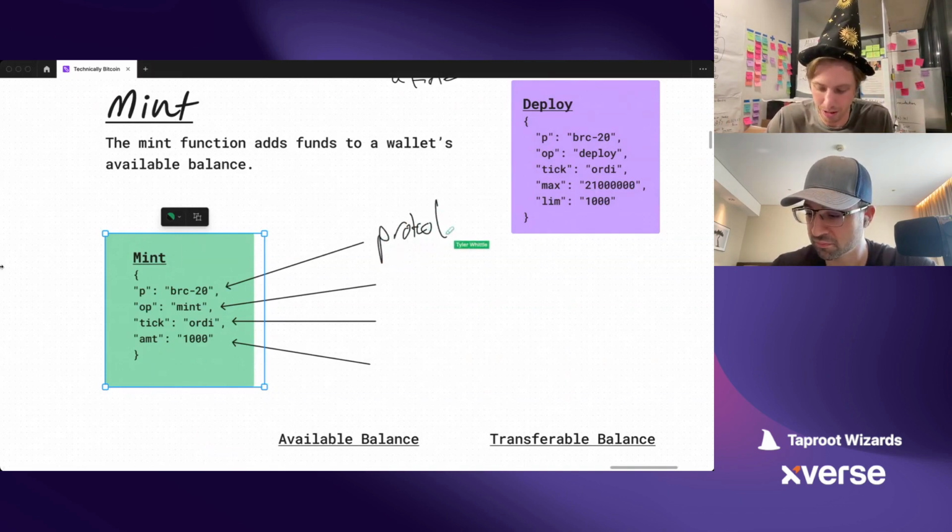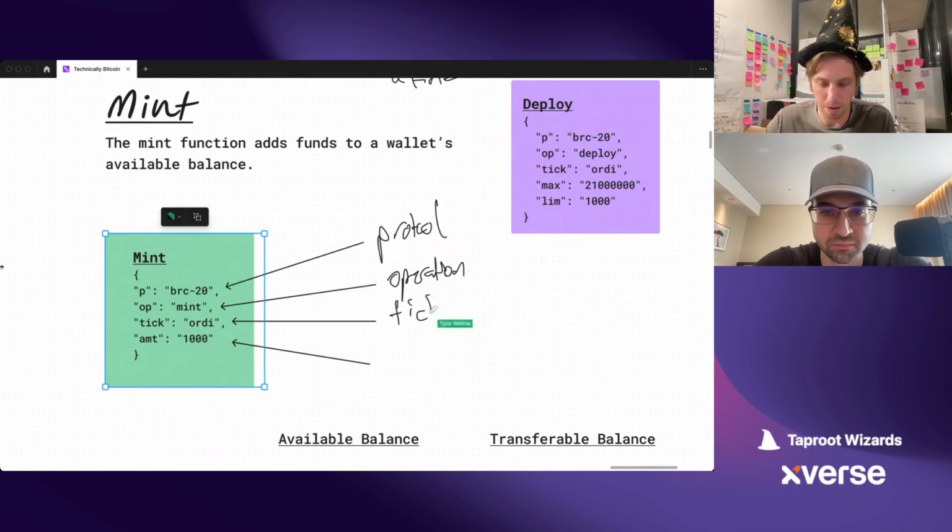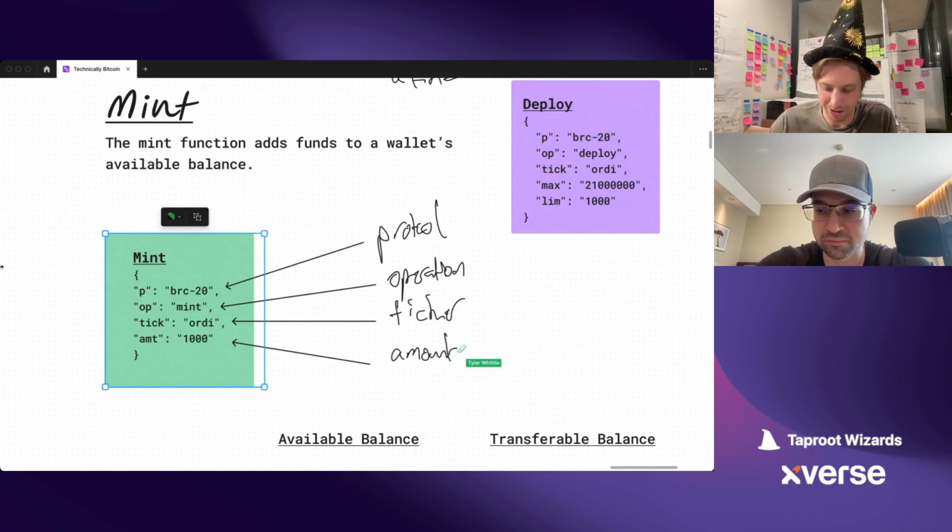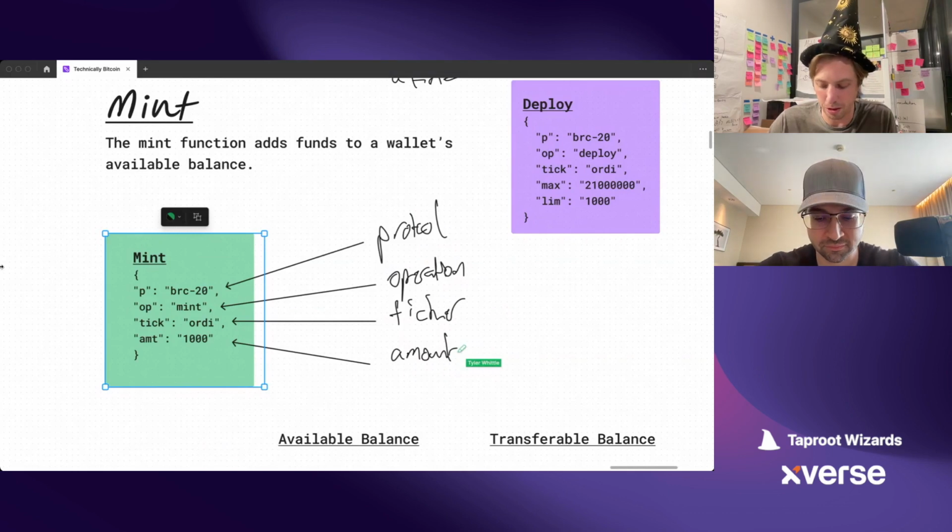We check, we see that the protocol, the P, is again BRC-20. Great, we're working on the right protocol. Now we're saying here's a new operation. We want to do a mint operation or a mint function. We're specifying what ticker we want to do this mint function on. And then, AMT specifies exactly what you think it is, which is the amount you want to mint.